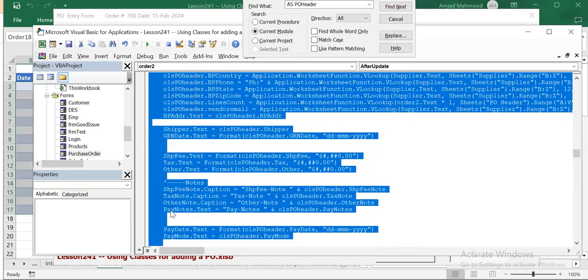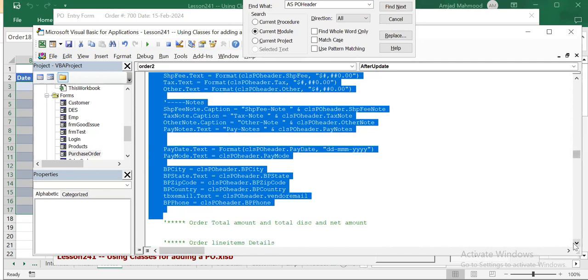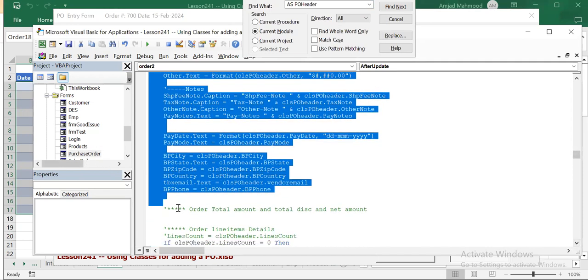We copy all these things. That's right. Because after this place, this is the purchase order line items. So we are focusing first of all on the purchase order headers, right? You press Control C here,